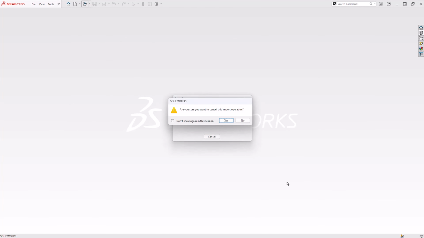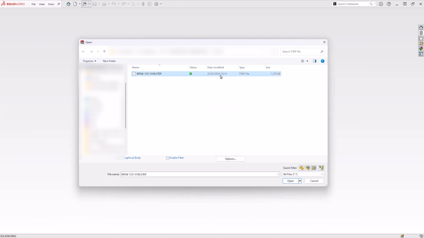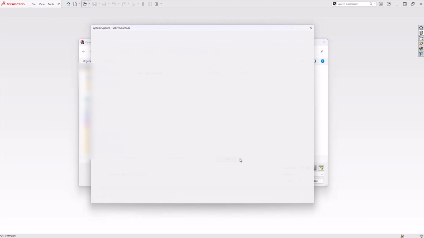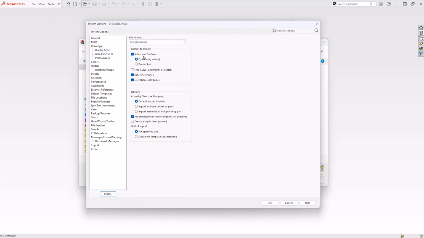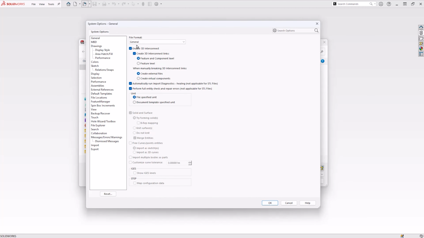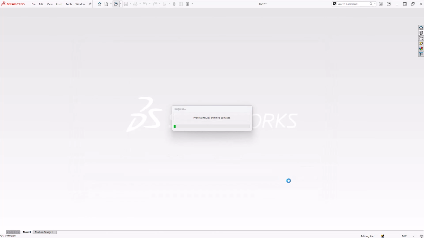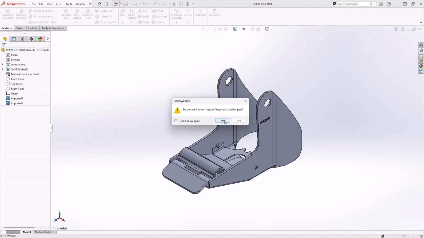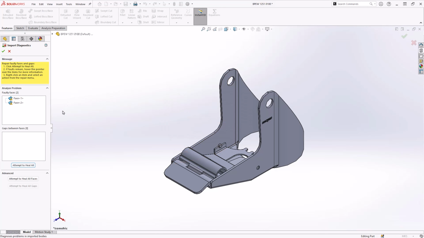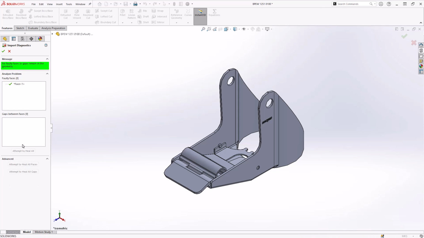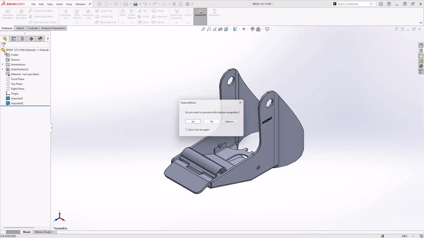It's vital to be patient when importing files, especially when the file sizes are large and the models are extremely complex, as there is a lot of data for SolidWorks to manage, even with high performance hardware to support it. If you run into challenges when importing a file with 3D Interconnect enabled, then it's worth retrying the import process after turning it off in the settings. Without 3D Interconnect, you will notice import features within the feature tree. These are imported bodies that have no link to the original file.